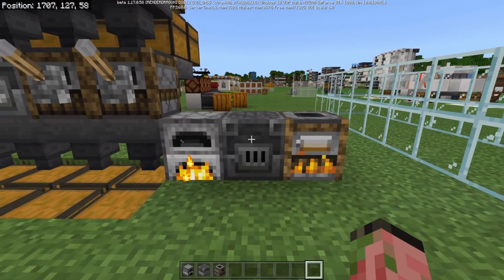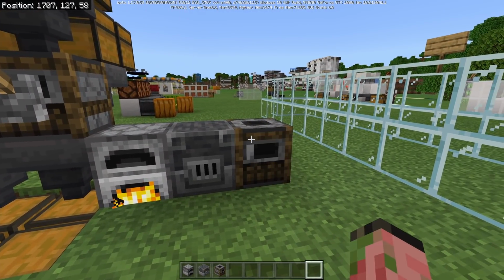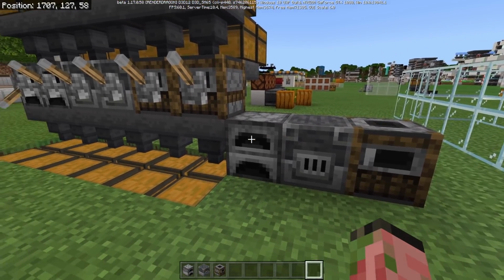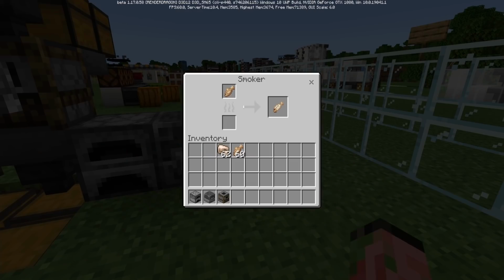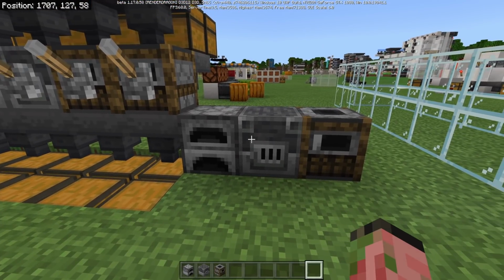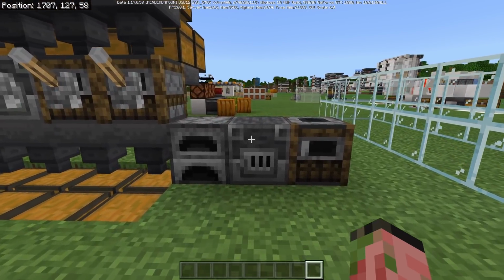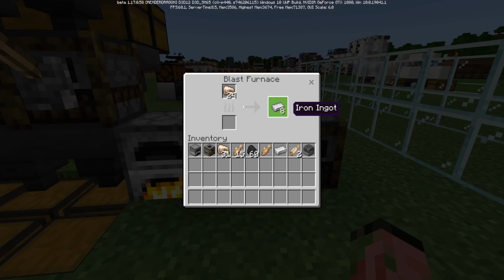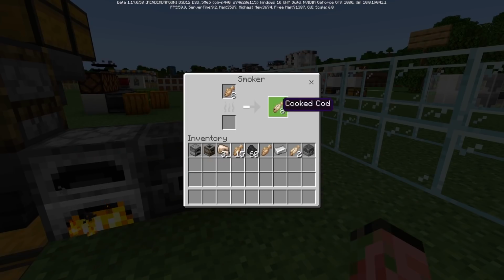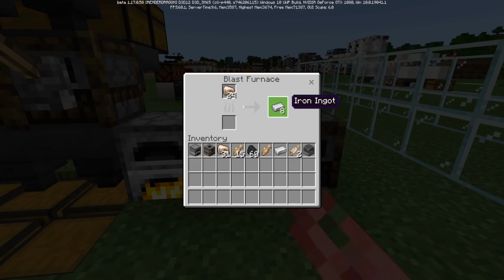There's been a small update to the furnace, the blast furnace, and smoker as well. Previously, these things would stay lit up even when they were not smelting anything, but as you can see, now they are all out of fuel, and they are no longer lit up either. A fuel bug has also been fixed as well. So previously, a piece of coal would only smelt 7 items instead of 8, and I just tested that with all of the furnaces, and one piece of coal smelted exactly 8 items,